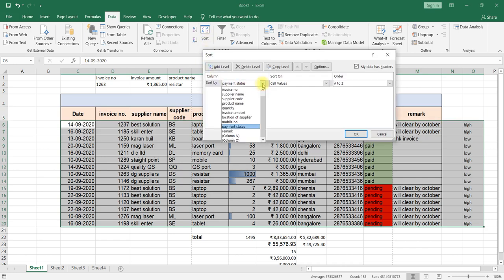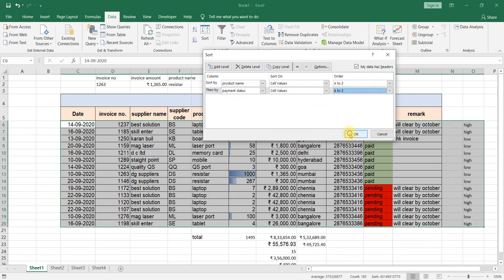First level is product name wise, cell value A to Z. Then I will say add level. In the product name, I would like to check the payment status, again A to Z.